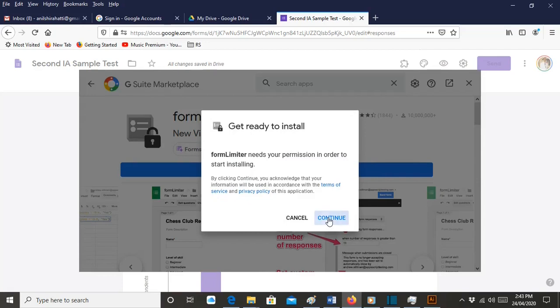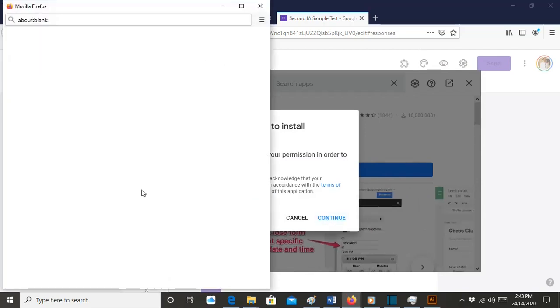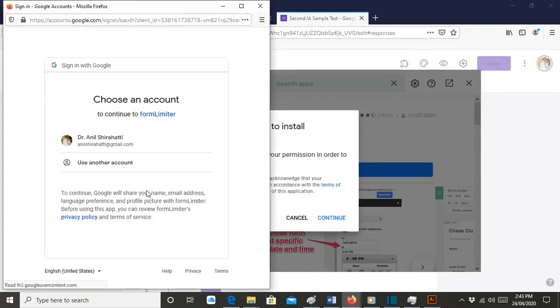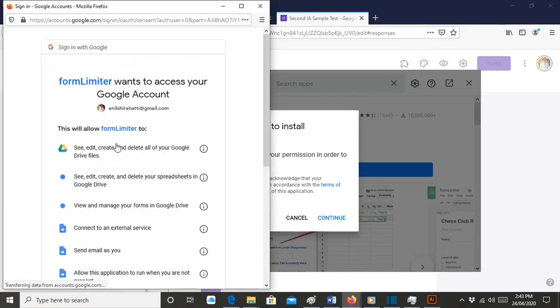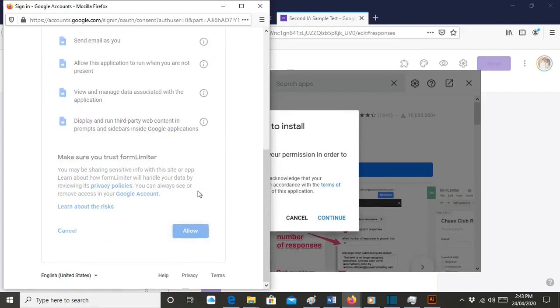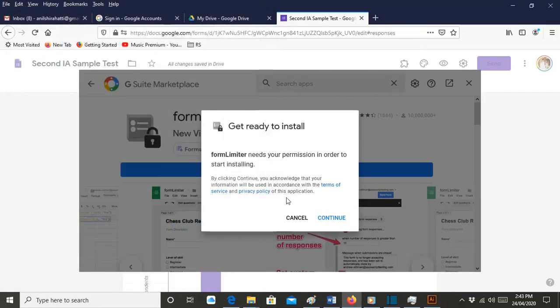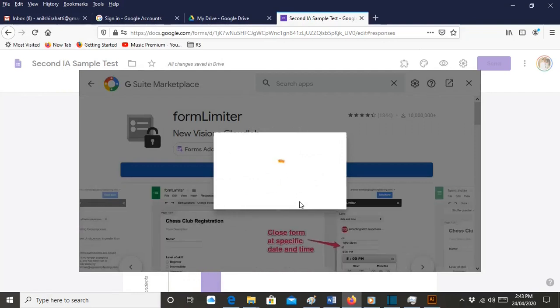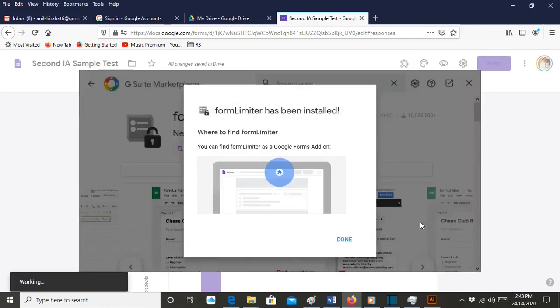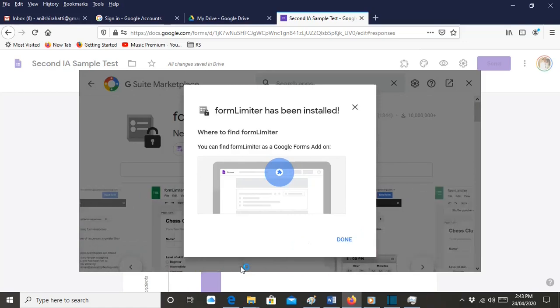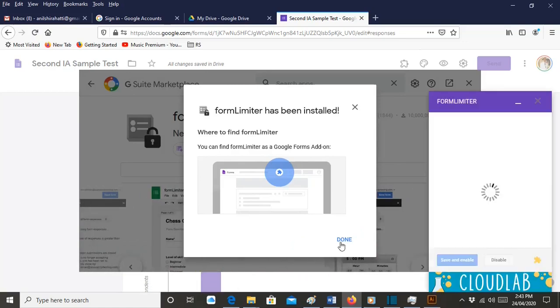It may ask you permission, so it will ask for your Gmail login and password. Okay, so this is completely installed now, so you can press done.